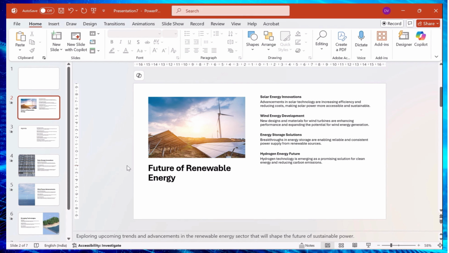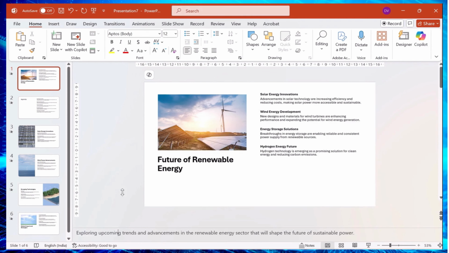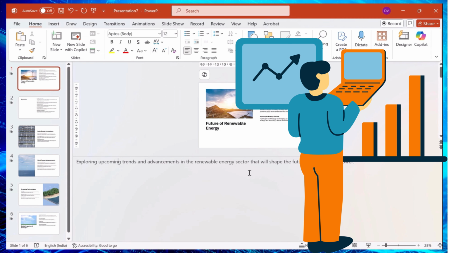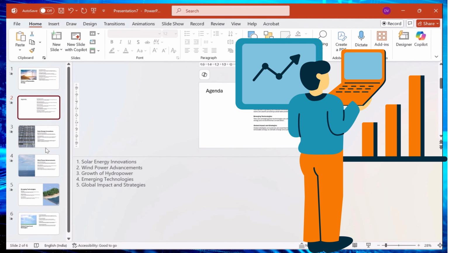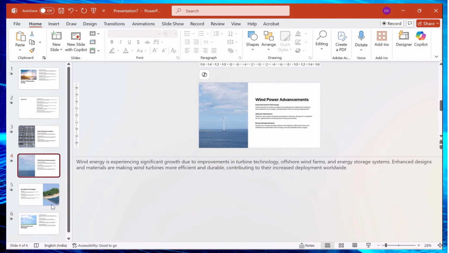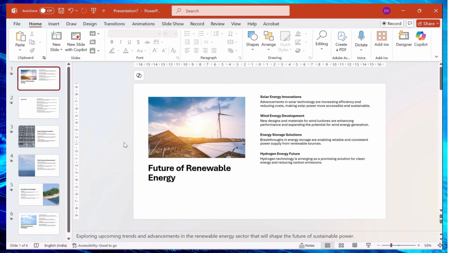Now since we are aware of how to add a prompt in the presentation and generate text accordingly, let me show you the information as well. Not just a presentation, but if you see at the bottom, here are notes as well. At the time of presentation you can use this. See, these are the bullet pointers, and this will help you to talk about your presentation at the time of the meeting, right?